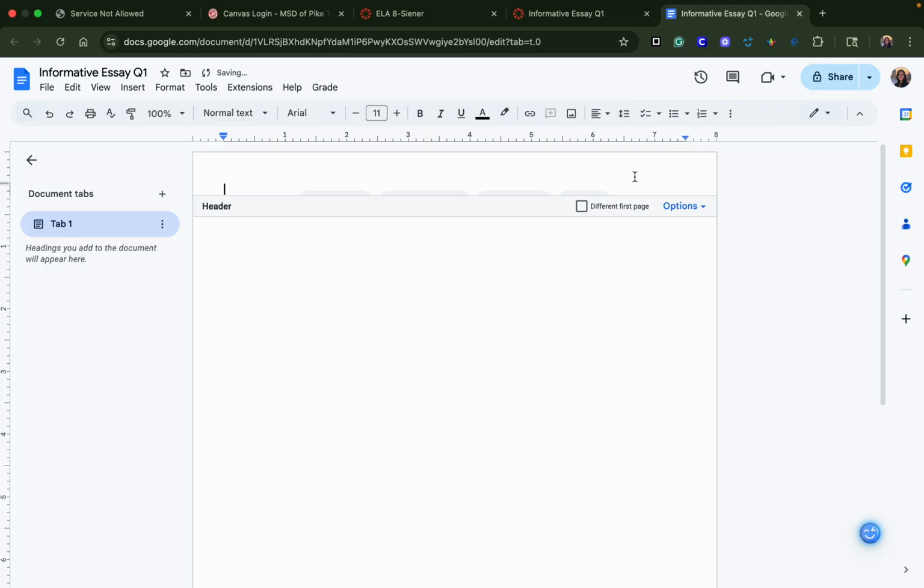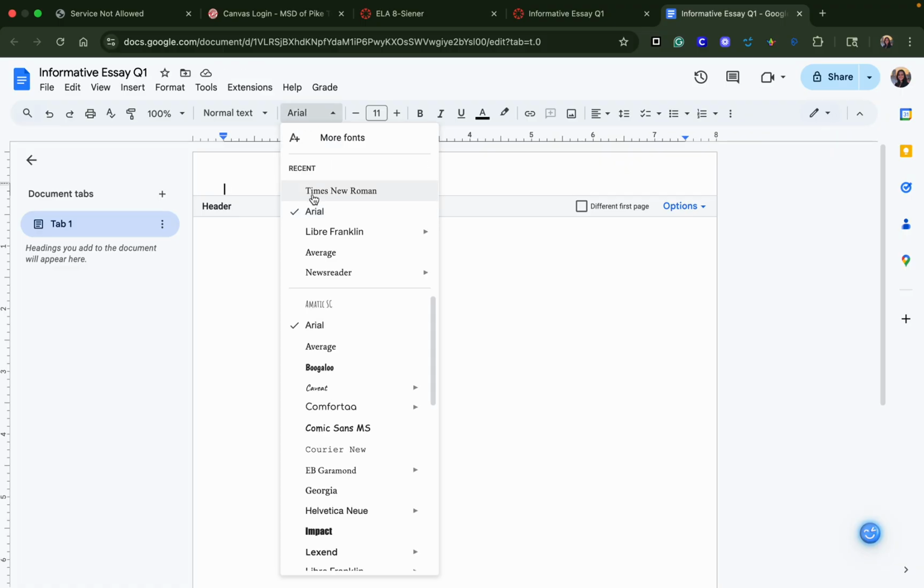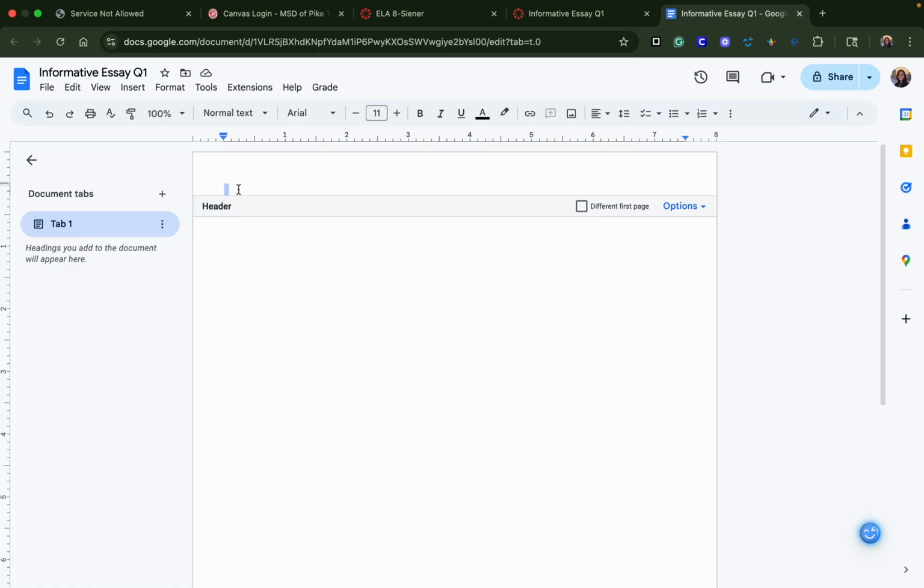Second thing, we're going to add our page number in our header, so this also needs to be in Times New Roman. So once you click on header, you're going to Times New Roman, 12-point font, and we're going to click right align. So now that we're at right align,